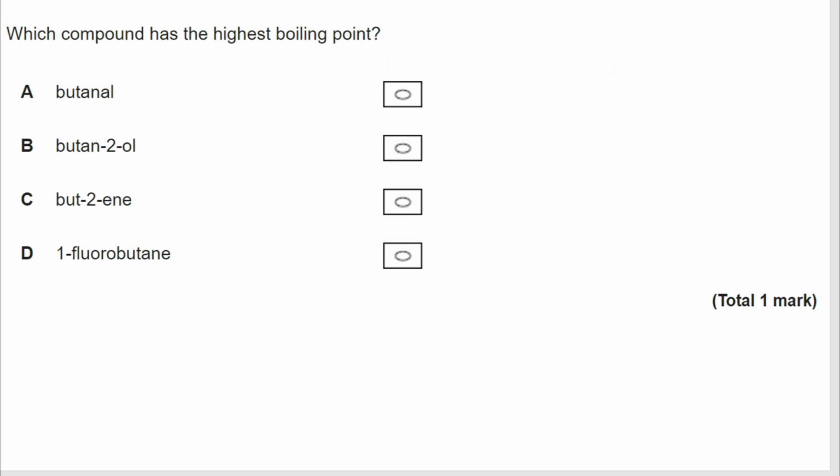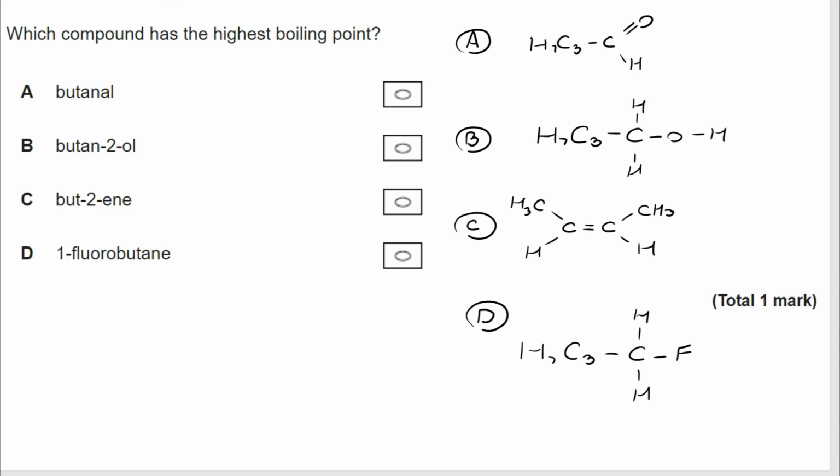And if you've worked through all three of the videos here, you will see there's a huge amount of commonality in the sort of questions that can come up, certainly in the context of multiple choice. In this case, we want to know which compound has the highest boiling point. We've got an aldehyde, an alcohol, an alkene, and a haloalkane. So if we draw those out, we can see on the right-hand side all of those structures, and we've put the key parts of those structures in as well. So we've got the double bond showing in the alkene, we've got the OH in the alcohol, the COH in